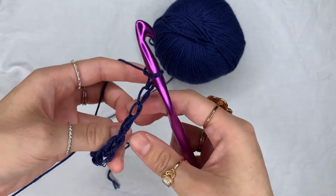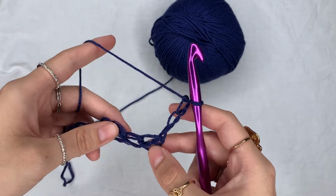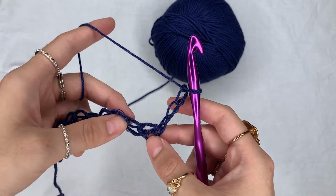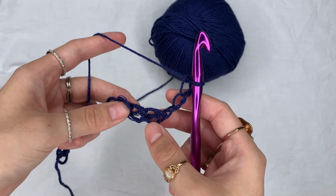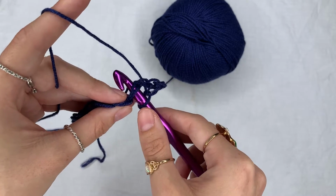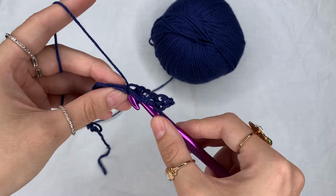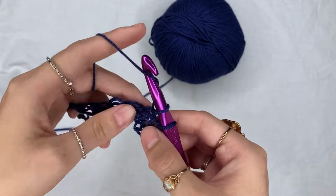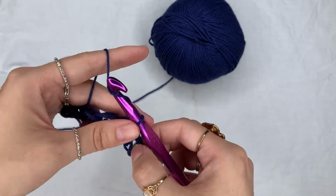and turn your work. This mesh stitch is pretty simple because it's just the same row that you repeat over and over again. So you're going to chain 4, skip this first stitch right here, and go into the second stitch and make a single crochet. So insert your hook, yarn over, pull through, yarn over and pull through 2, and then you're going to chain 4 again,